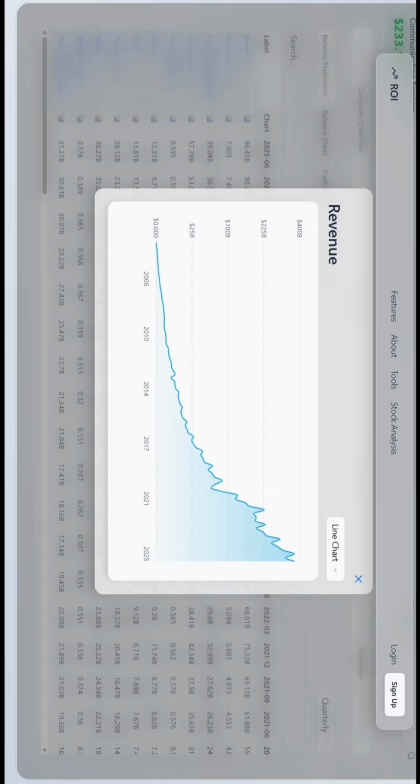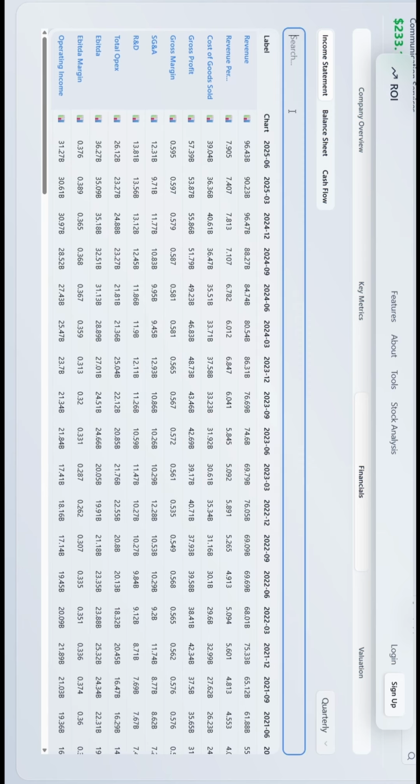The reason we're looking at revenue is because it shows how much money a company makes. It's important because a valuation model starts from revenue, and strong revenue equals a strong foundation. And it's quite impressive, as we can see. The next thing I wanted to look at was net income.